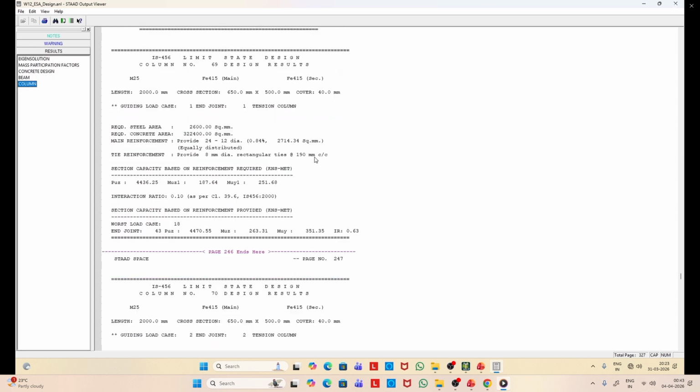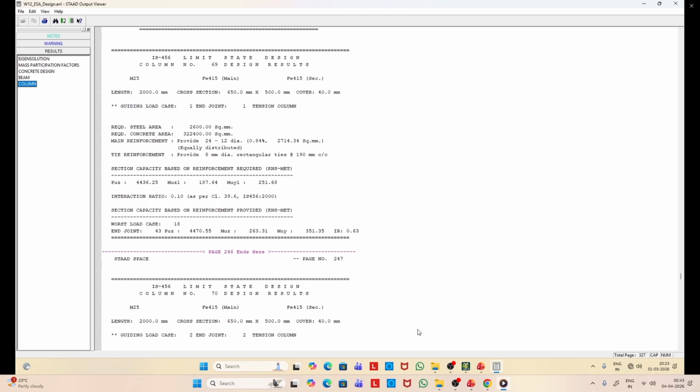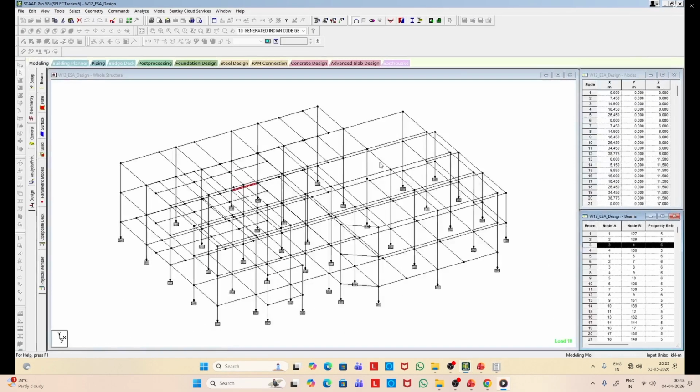Likewise, for columns, you can see the column number at the top, it is 69, and then all the details: steel area, concrete area, sectional capacity, and also the diameter of the steel. All these checks that we did manually earlier are summarized here.